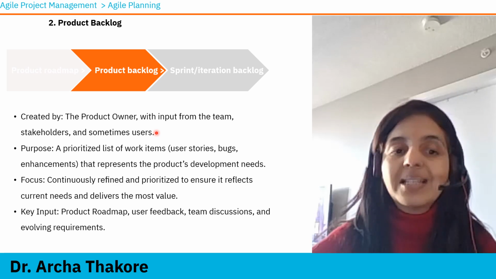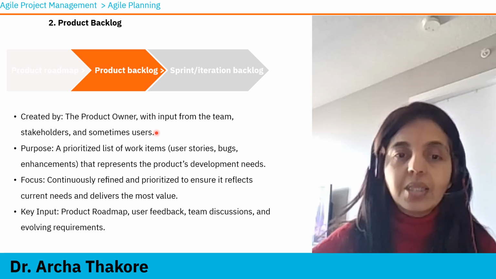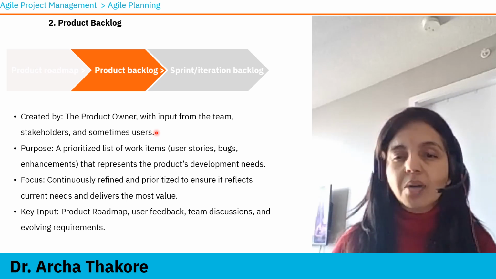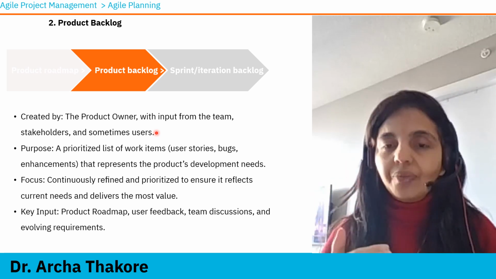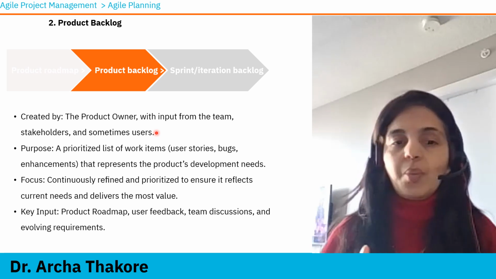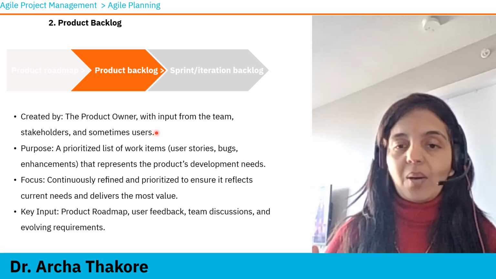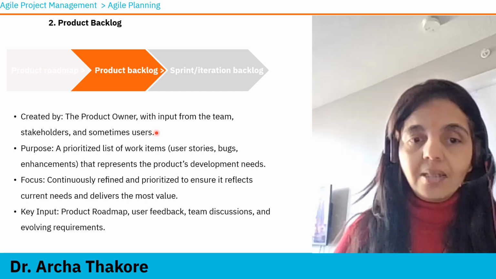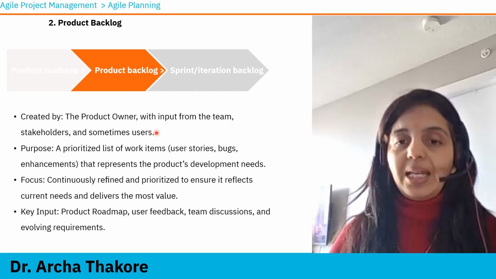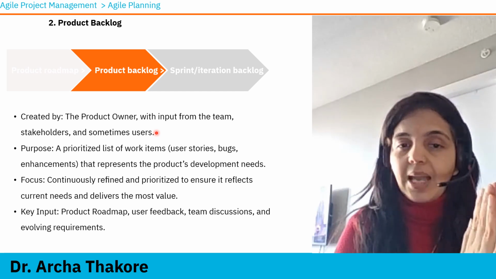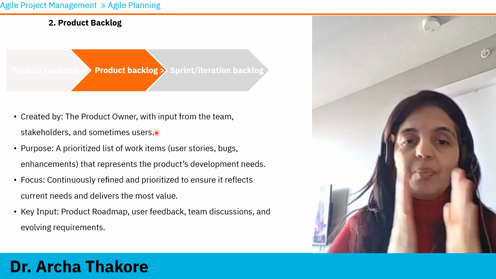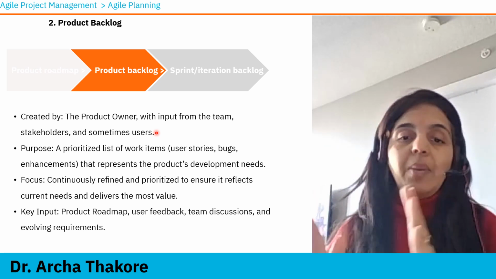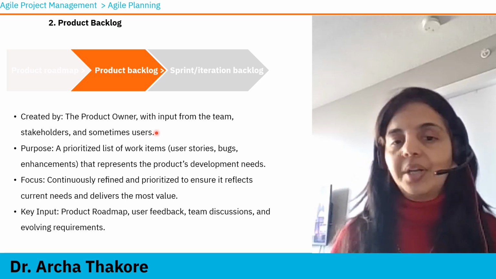Now, what is the purpose of creating it? It's a prioritized list of work items such as user stories, bugs, or enhancements. Whatever list of things that the team needs to do in the project is your product backlog, the entire list. Now, towards the end of this lesson, I have given one example where there is an example of a product roadmap, product backlog, and sprint backlog,